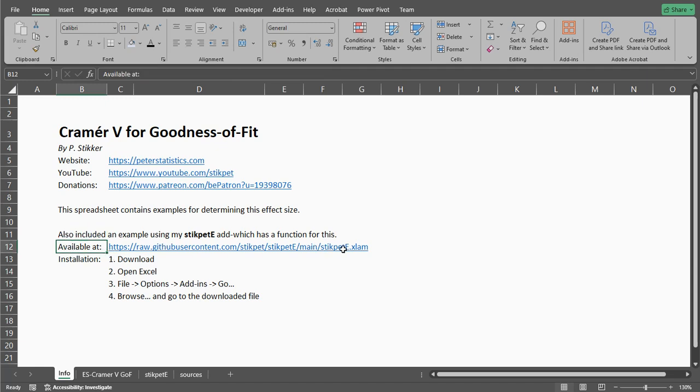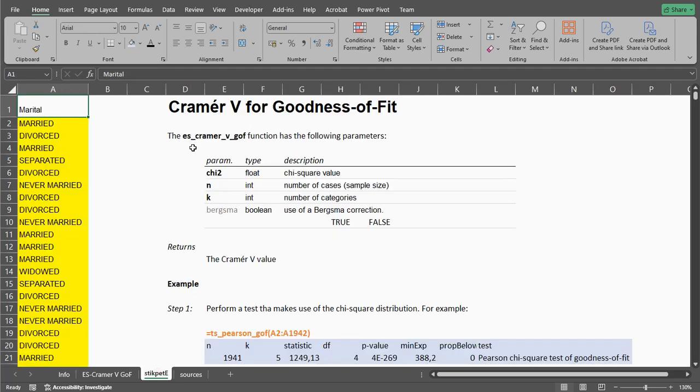If you go to this link, download that file stikpetE XLAM. Once you've downloaded it, open Excel, go for File, Options, Add-ins, and then Go, and then browse for the add-in. That should give you access to a lot of additional functions, including ES, short for effect size, Cramer's V for